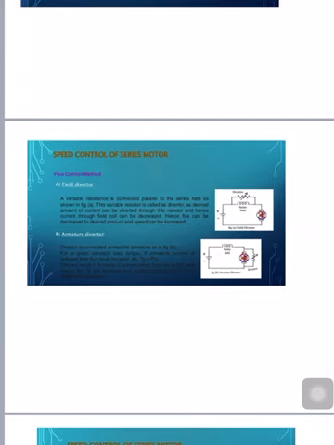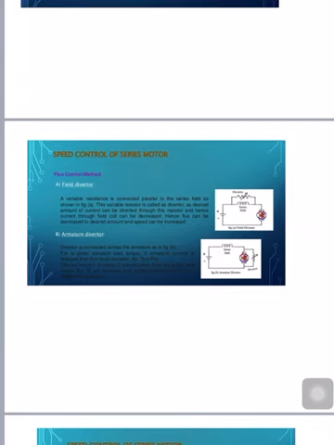By the name we can say that this method uses a diverter. Here the field flux can be reduced by shunting a portion of motor current around the series field. The lesser the diverter resistance, the lesser the field current, less flux, therefore more speed. This method gives speeds above normal, and it is used in electric drives in which speed rises sharply as soon as load is decreased.